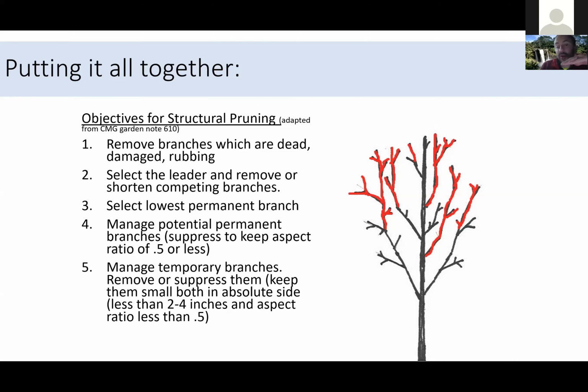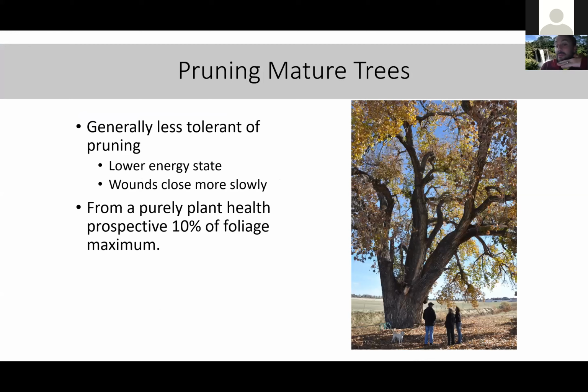For mature trees, if you're dealing with the general public and they have a mature tree they want to prune, you need to be telling them to contact a certified arborist. Most of us do not have the proper skills or equipment to do pruning on mature trees. It is very dangerous. It is one of the most dangerous careers that you can get into, right up there with fishing for crabs, like those people on TV. Very dangerous career.